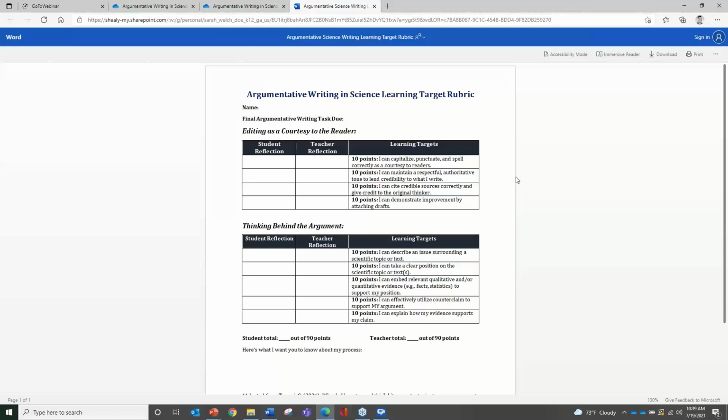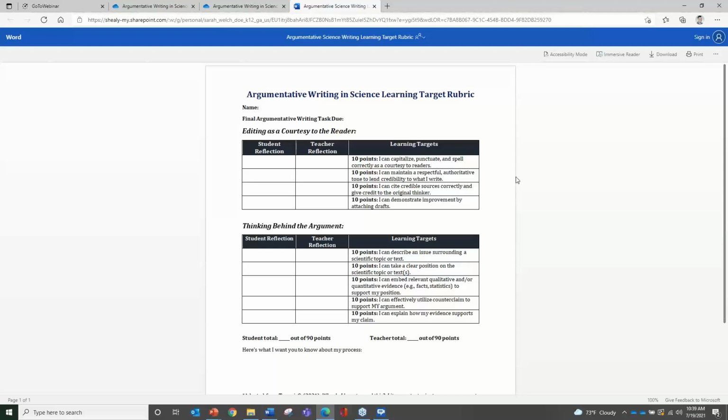And honestly, looking back, one of the things that I wish I had done better is thinking about my rubrics. I had kids who did not understand pieces in the rubric, so they didn't really understand how I was grading them. So one strategy is that if you do have a more elaborate rubric, you could give it to